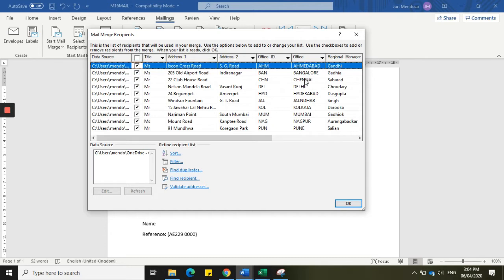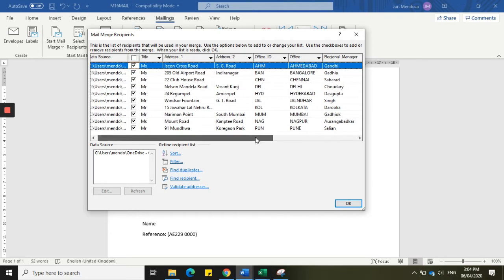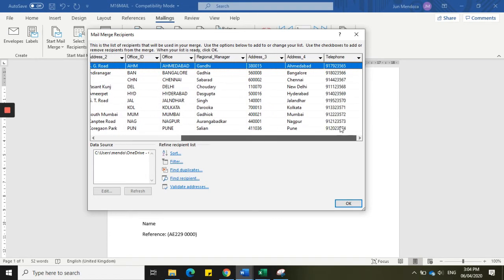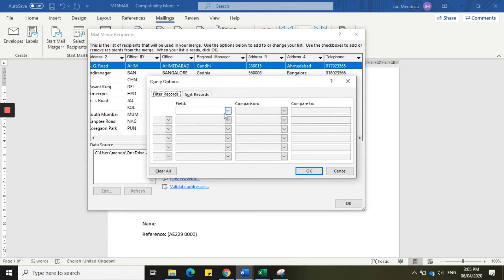Okay, so that is in the office field. It can also be found here in address four, so it's up to you which field you want to use. I'll just use office. So office is equal to Chennai,